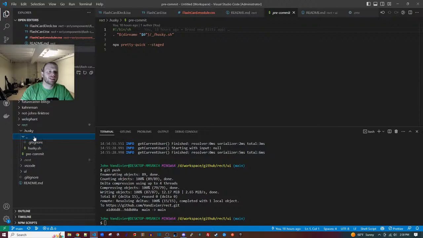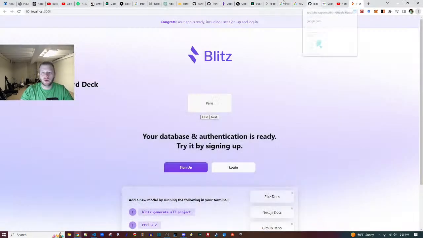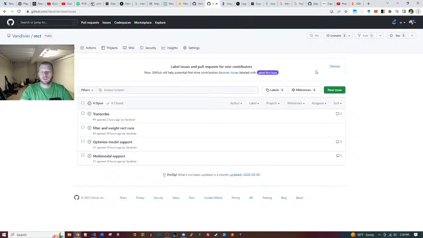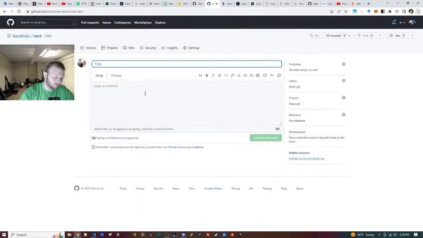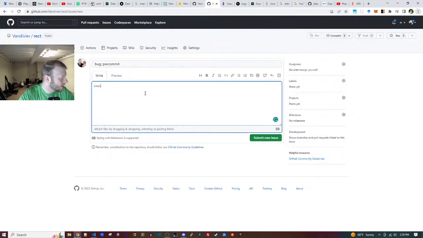Look at that. Okay, whatever. I'll make a note of it and move on. So the note here is: bug, pre-commit. Since I moved Blitz stuff into a UI subfolder, the Husky at top doesn't seem to work now. Fix when able.